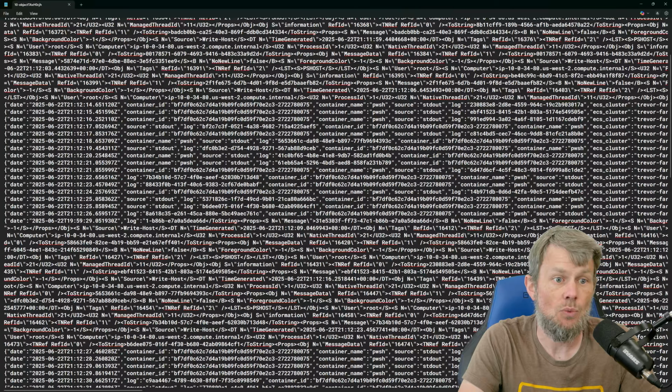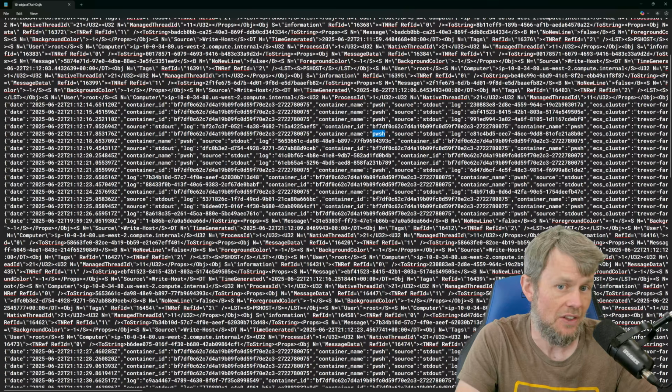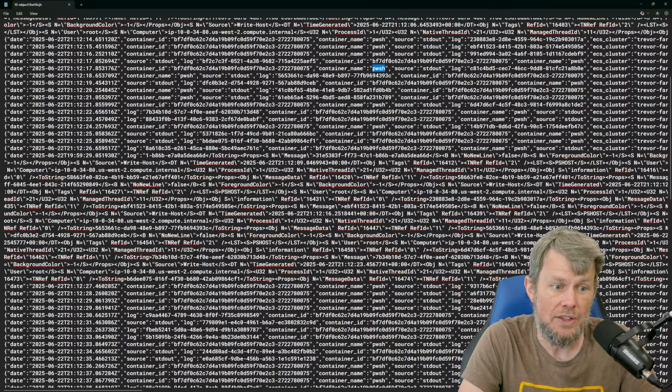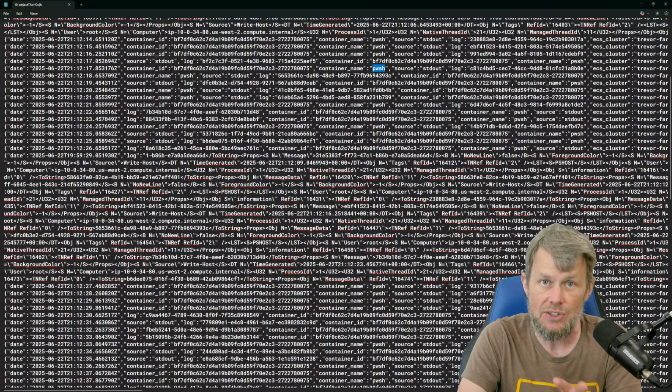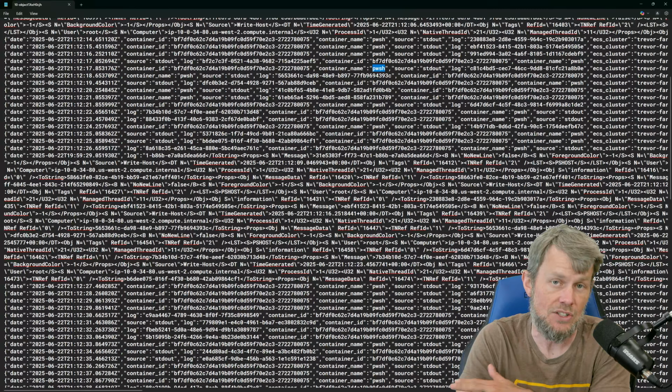But it's telling us which container ID it's coming from. It's telling us that it's coming from the PowerShell container here, which is just a name or identifier that I set up when I created the task definition. But this is what the logs actually look like inside of Amazon S3, rather than having ECS directly send these